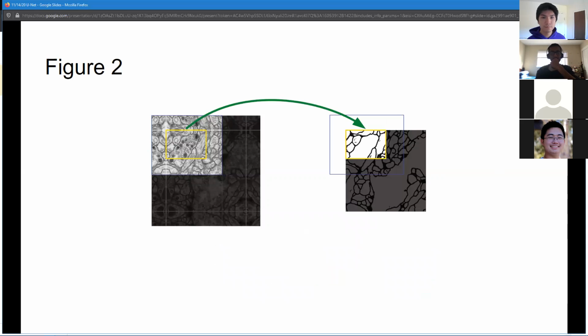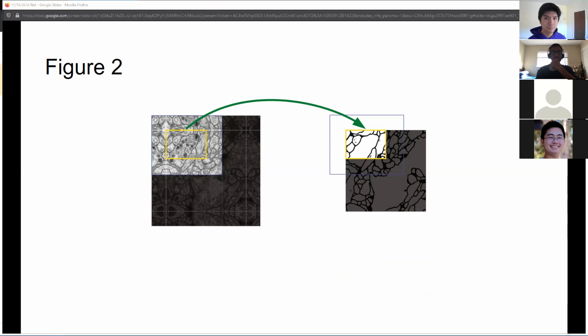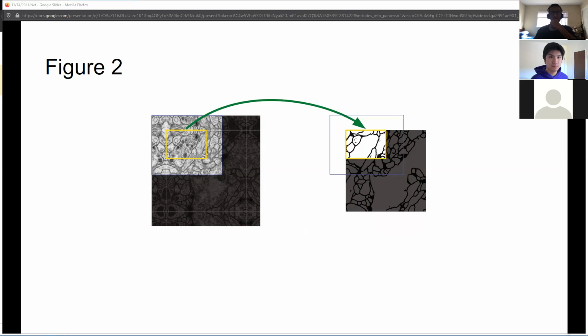Here they basically show an example of the segmentation. In the typical approach with just sliding windows, you would need the context for every single part around the pixel that you're trying to classify. But with this new network, the only areas they consider in the segmentation maps are the areas where they have full context.